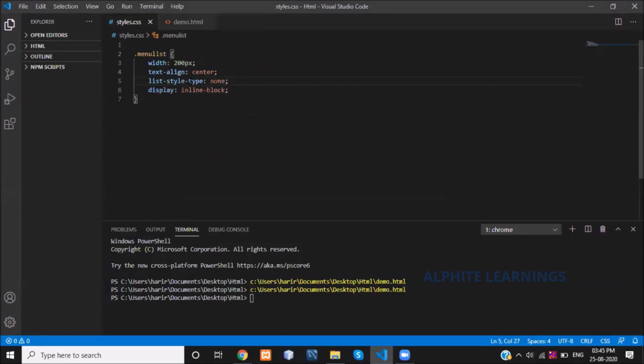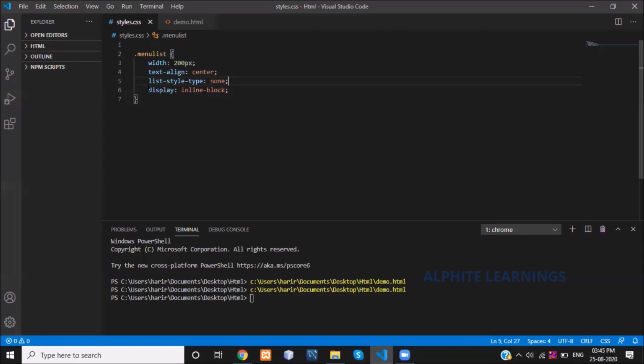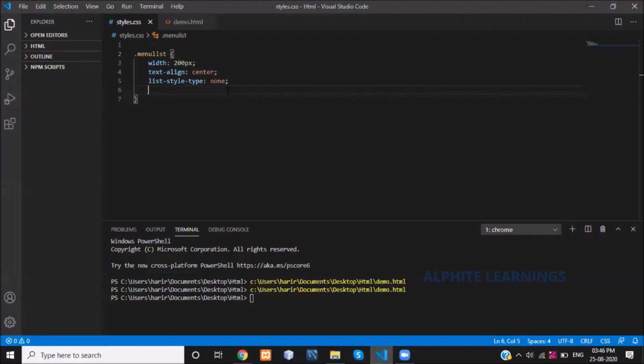Guys, actually it should come in an inline block. It should come in a single line. Why is it not coming?